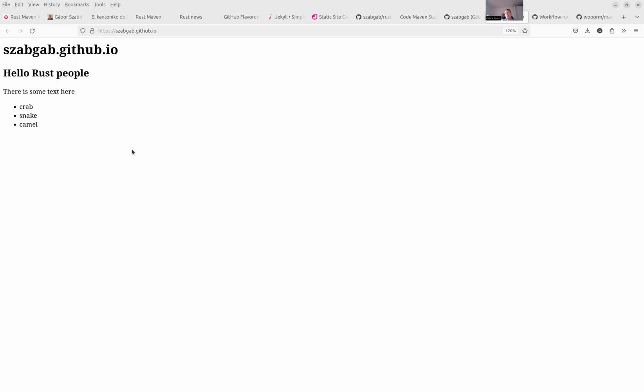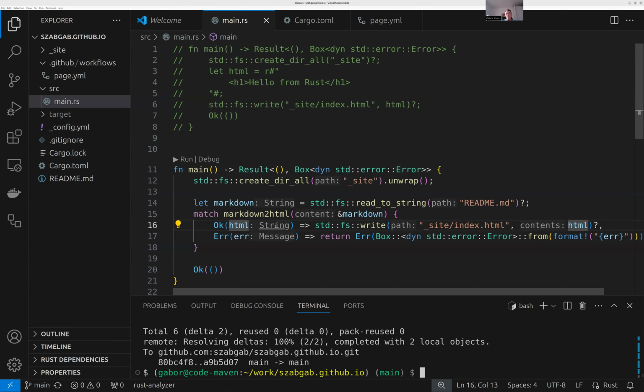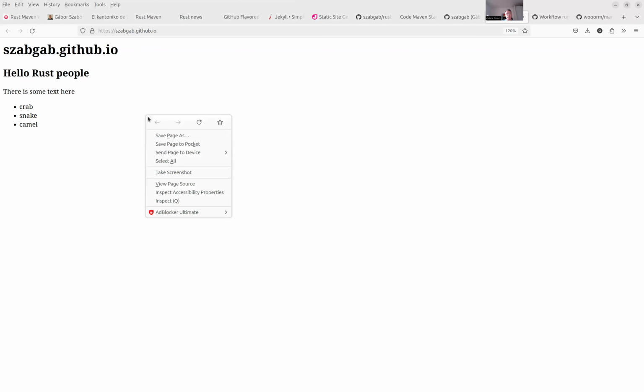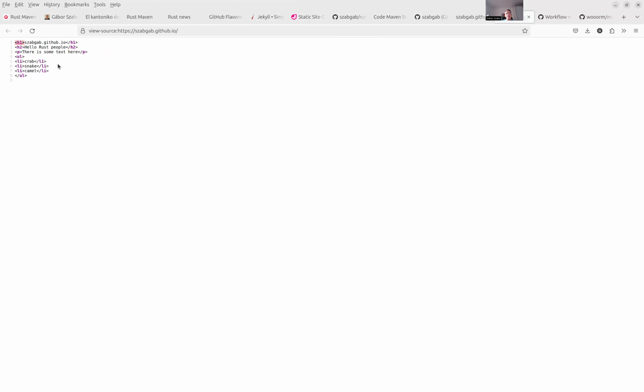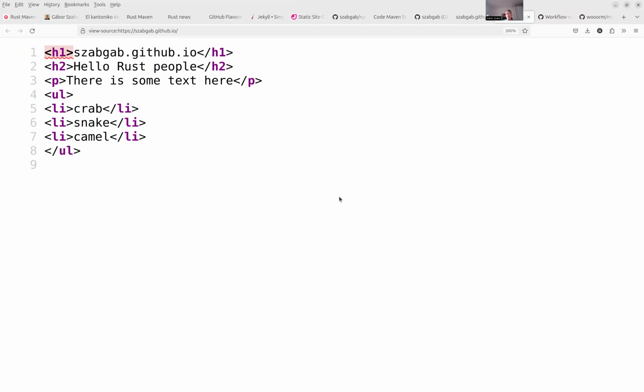Yes, so this is a Markdown to HTML site generator. This is basically what all the static site generators do, just they have some configuration files and all kind of other things, and so on. So we took the README file and converted it from Markdown. And this is it. If I take a look at it, view source, this was generated. Let me enlarge it a little bit. This was generated from the Markdown by this Markdown